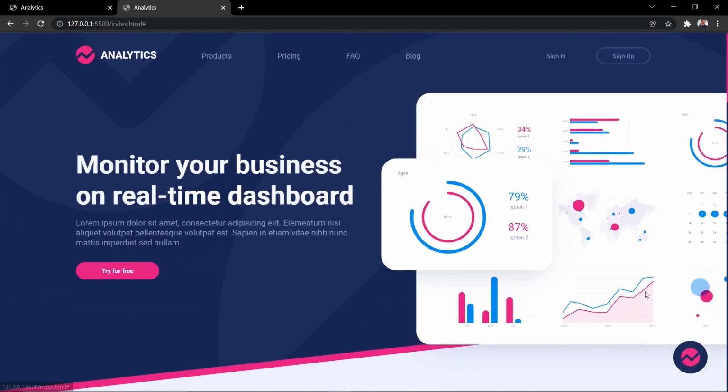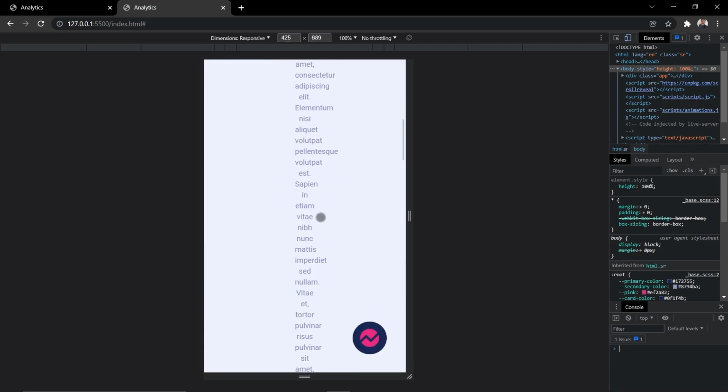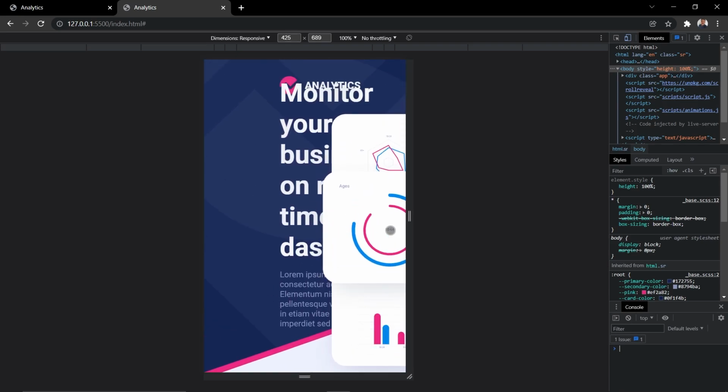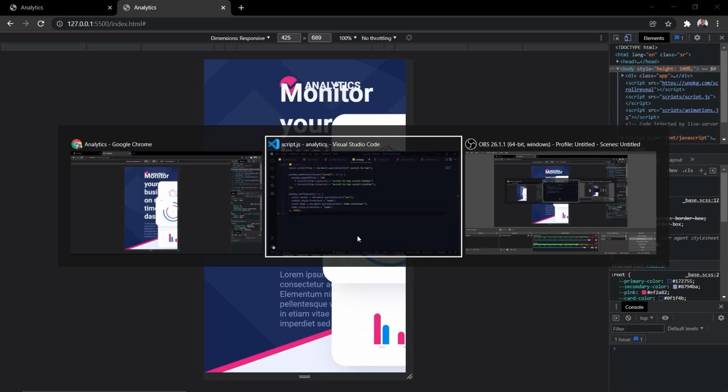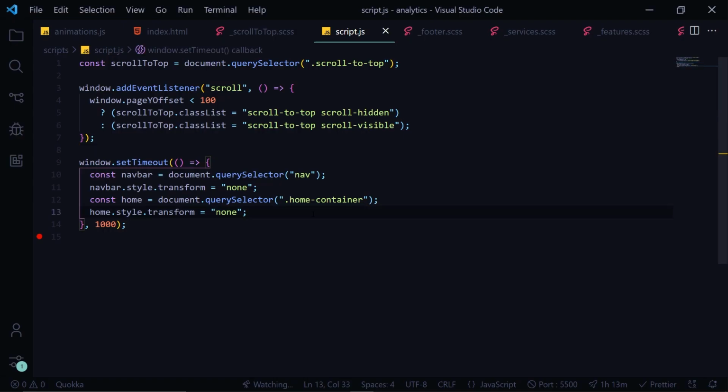Now we need to make this template responsive. As you can see, it is not at all responsive. So now we will make this template responsive. First we will make this home section responsive, before the navbar. So let's head over to the